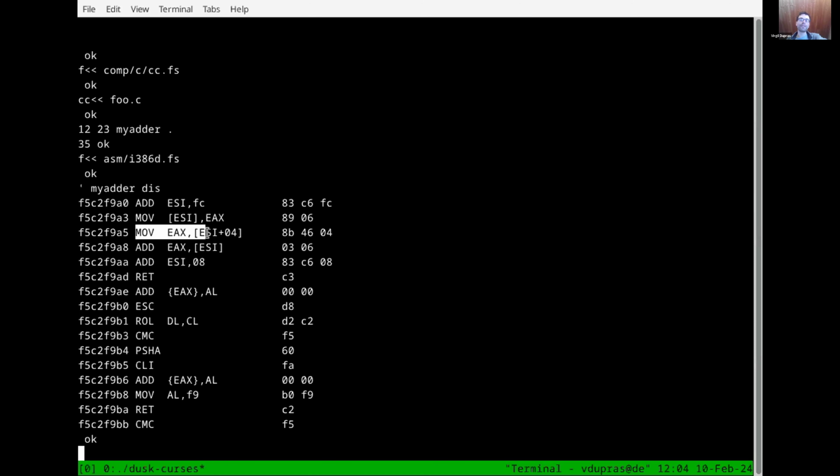I do a move of ESI plus 4, which will be 12, and then I add to it ESI plus 0, which will be 23. And the result ends up in EAX, which is top of stack. All I need to do afterwards is to nip those two parameters that I've just received and return.